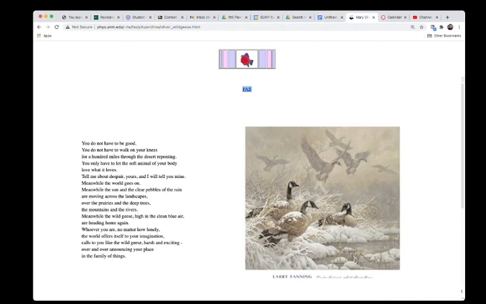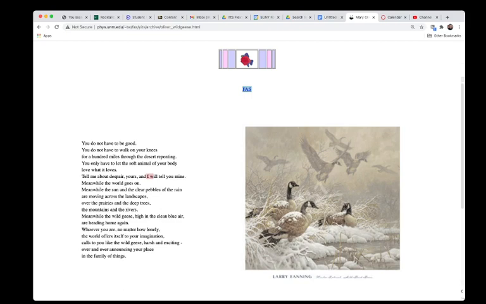Again, I don't know if that's going to be significant in the end, but I want to write it down, okay? Now, one of the other things we may have noticed is that all this repetition of you is addressing the reader specifically. This is what's called the second person. You, right? The author is talking to you. And then the author does that very explicitly. The poet says, tell me about despair, yours, and I will tell you mine, right? So then we get the first person perspective in here.